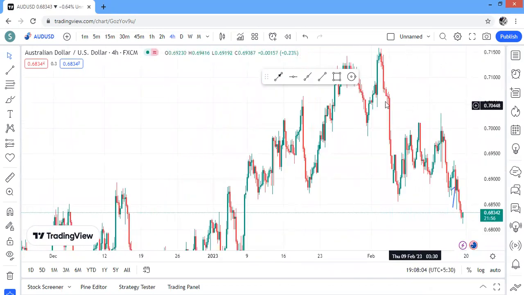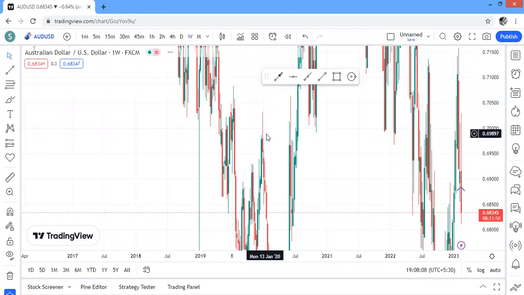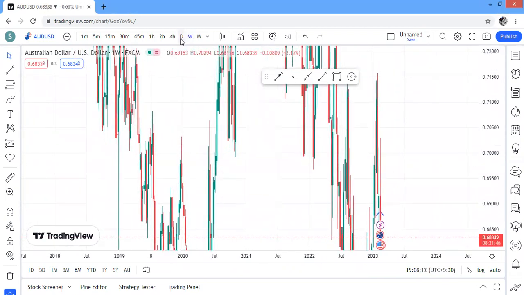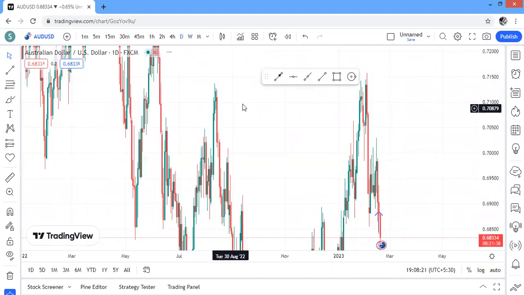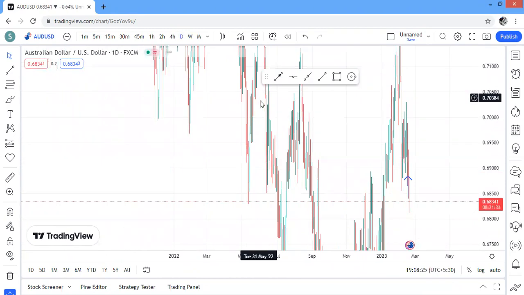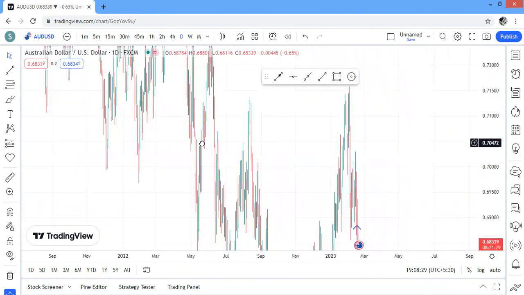According to AUD/USD, I want you to always make use of every time frame in the market, regardless, mostly high time frames. And I'm also going to be telling you the secret, the best time frame for you to find your entry points. I'm going to be revealing all that. So I want you to look at